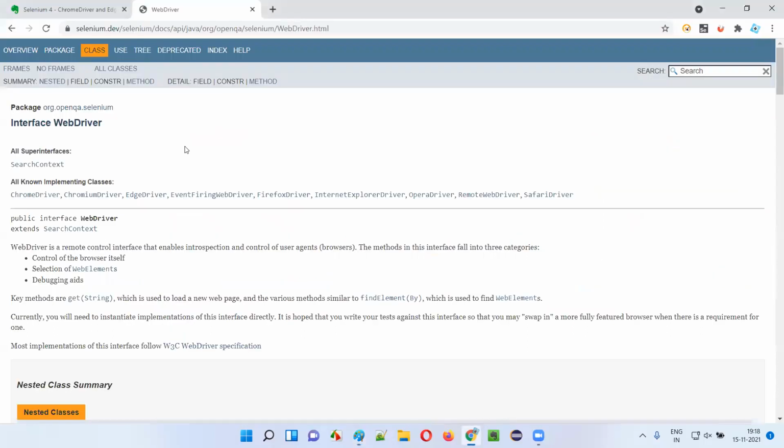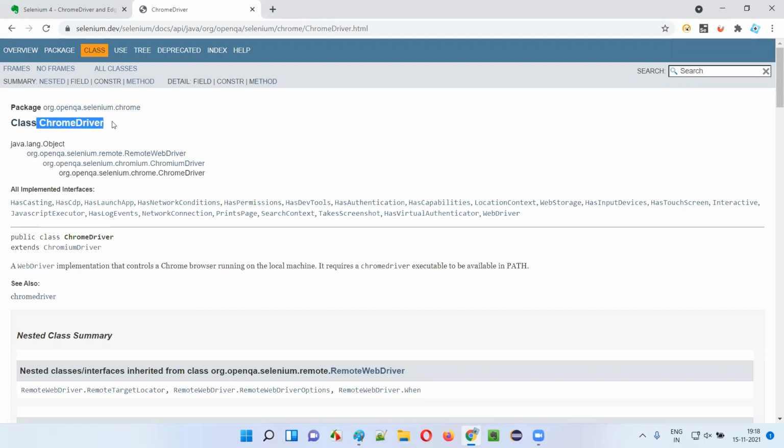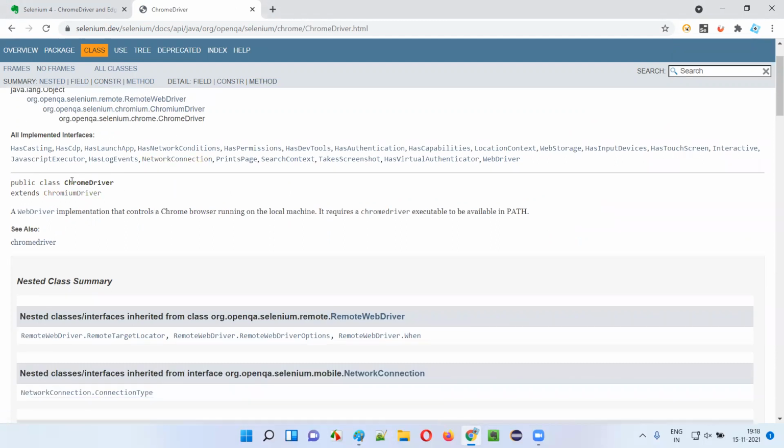Let me show you practically. So now we are in the web driver. If I take you to this Chrome driver page, Chrome driver is now extending